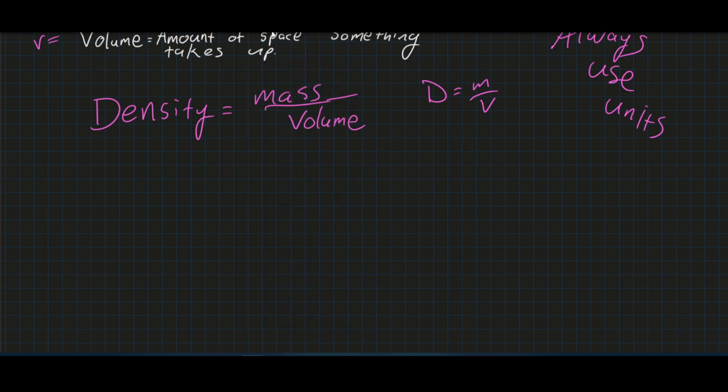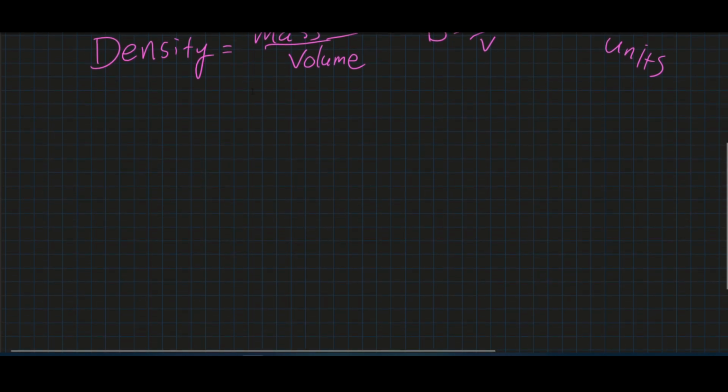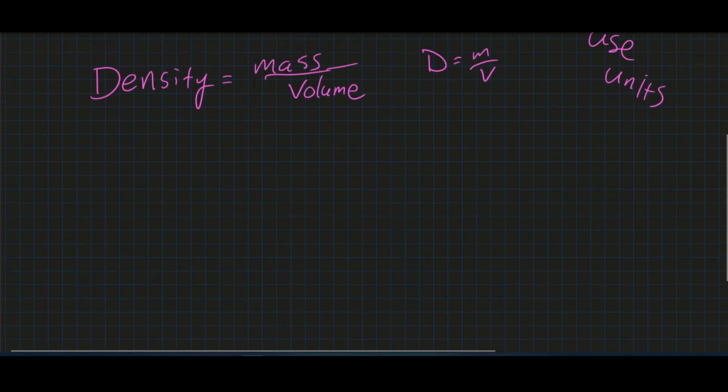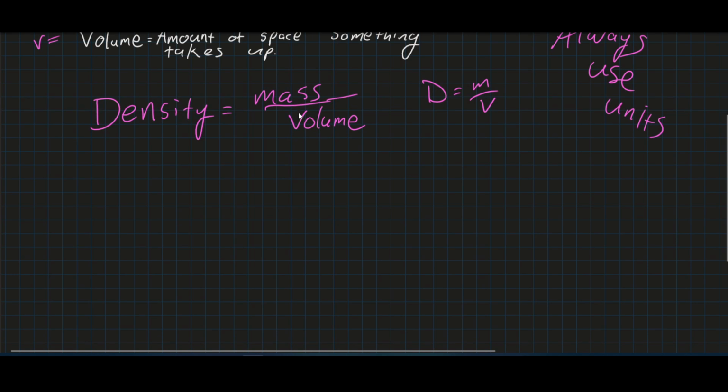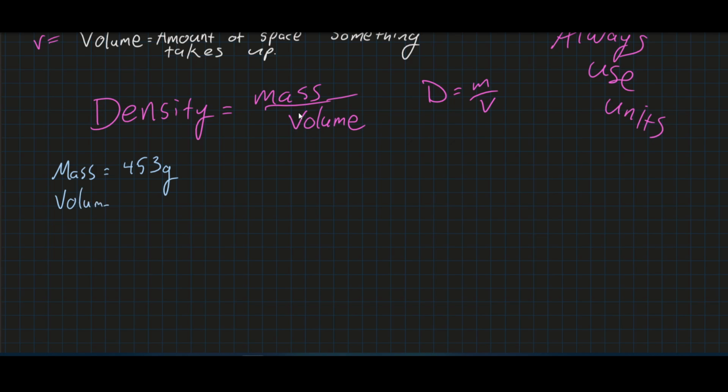That'll be better. We have something whose mass, I do want that in there. So the mass is equal to 453 grams, and the volume is equal to 225 centimeters cubed. Now, centimeters cubed, what that means is if you have a cube, you would measure it in one face,